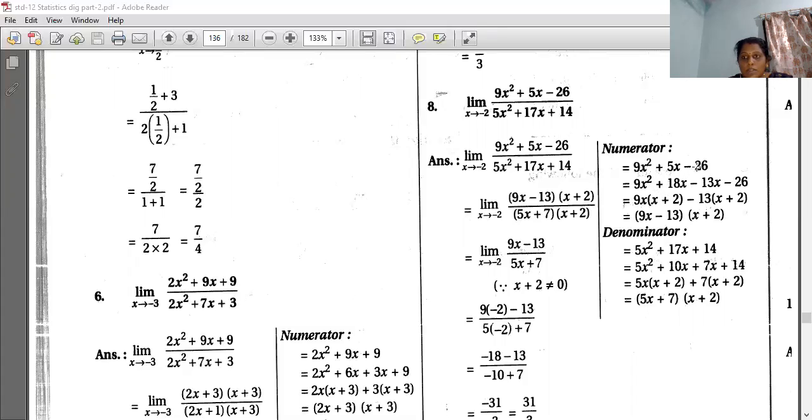So here you can do in an easy way. See, 13 twos are 26 and here 3 threes are 9. So combining them you can find it. 13 twos are 26 and 3 threes are 9. So keep 13 separate, 9 twos are 18, so 18 minus 13 has come. I will explain. Middle term splitting is easy.